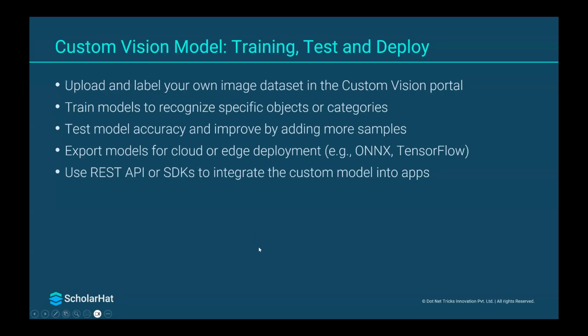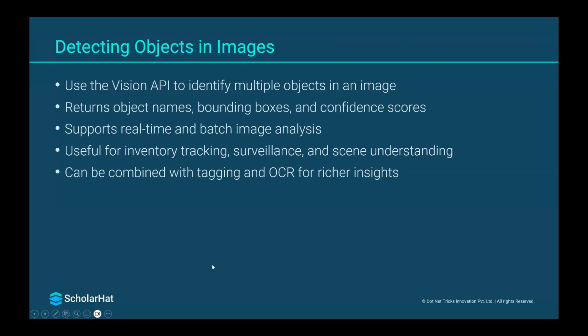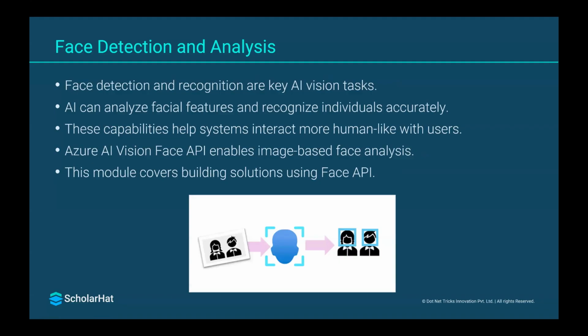If you're willing to create something for your own purpose, where things are not available as built-in, you can create a custom vision model as well. Let's say you want to create a fruit classifier. You can train a model to detect fruits. Let's say this is the image we have for banana, this for apple, this for orange, like this. That can be done. The next one is object detection, so we can detect the objects in the image as well.